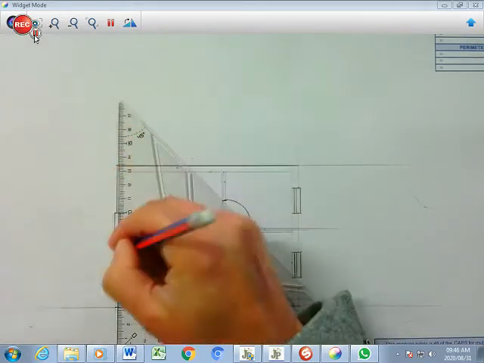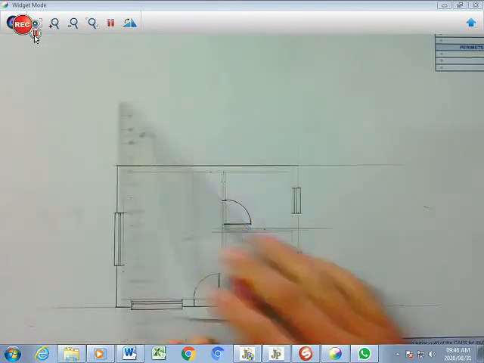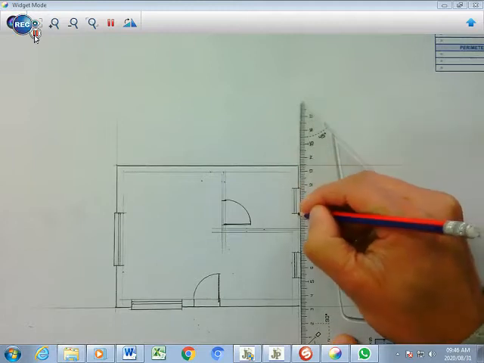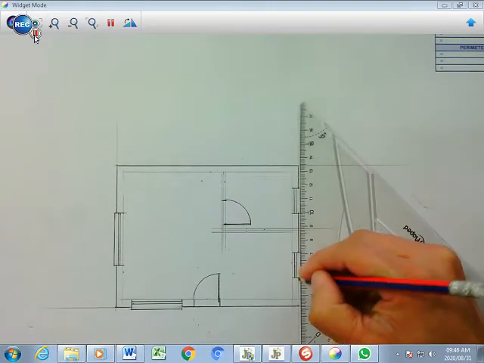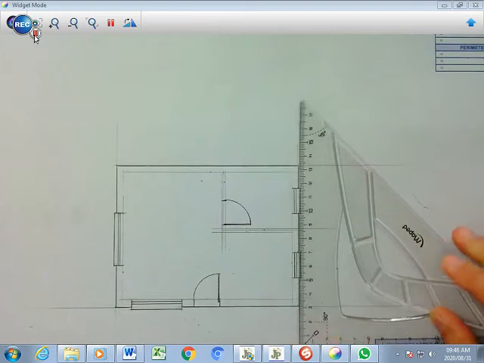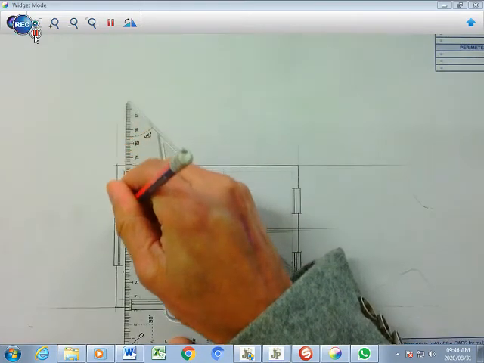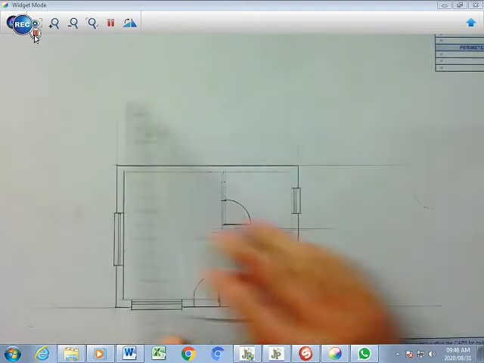You stop at the window and you continue on the other side, like that for your outside. There, and there. If you go to your inside, you start there, you go right down till there, which is fine,